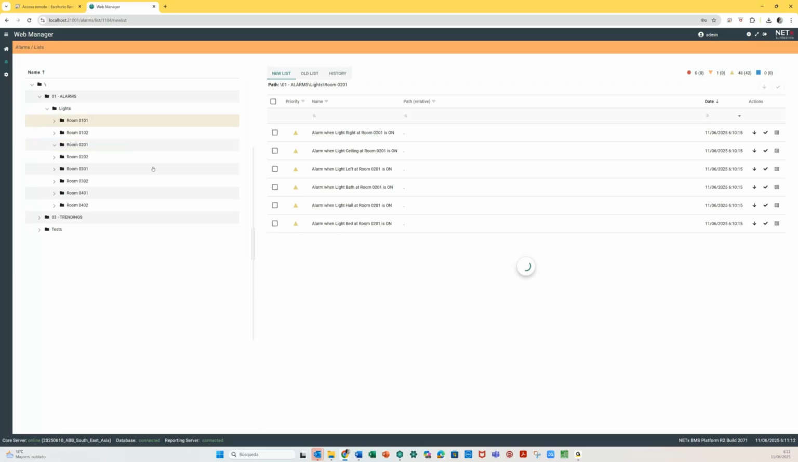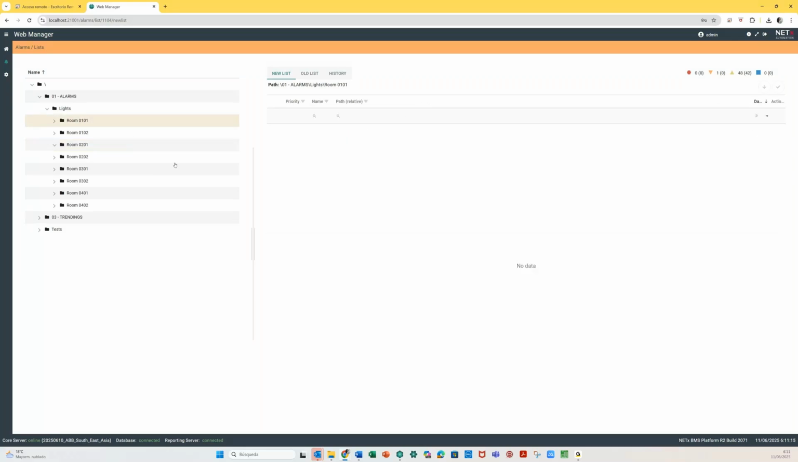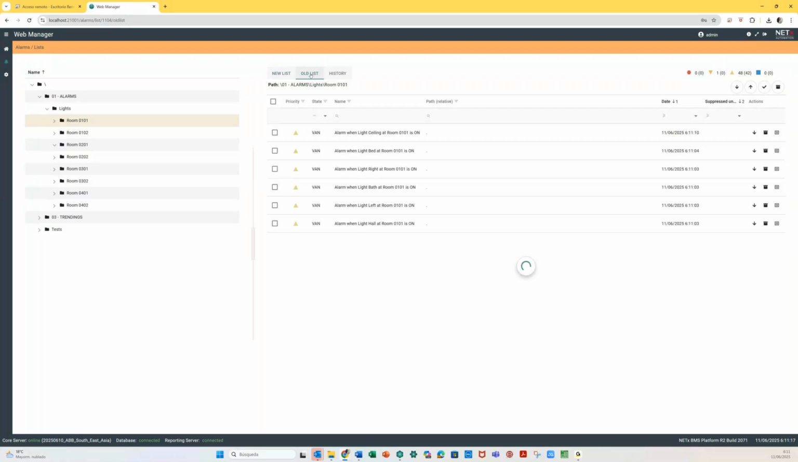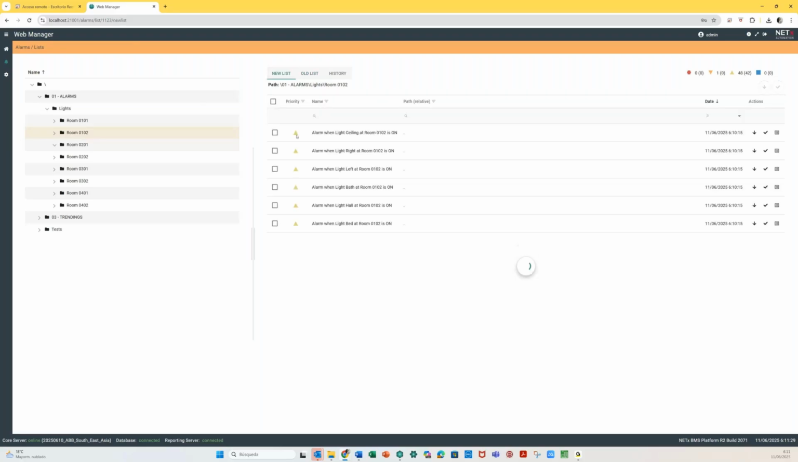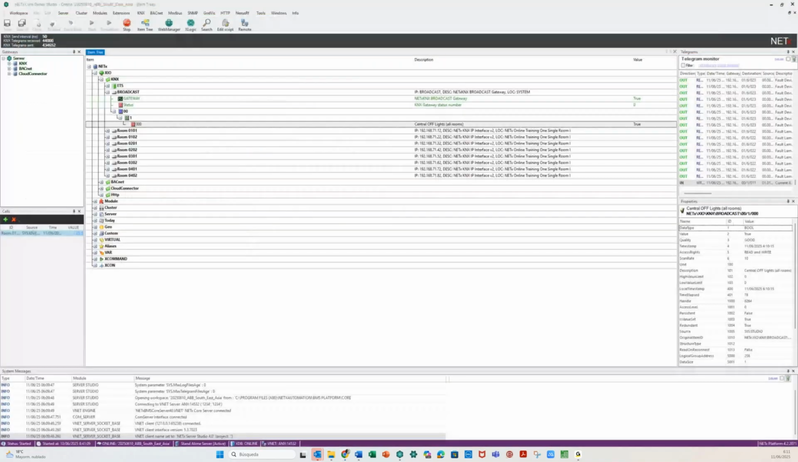Room 1 lights are off now, so there are no alarms here. It was banished. For example, this alarm is banished because the lights in room 1 are off. But I can also turn off alarms at the second room,